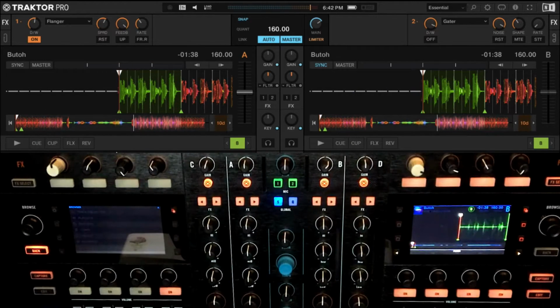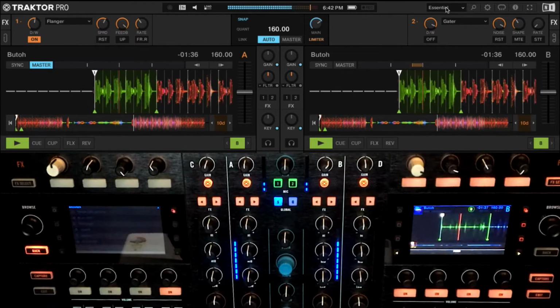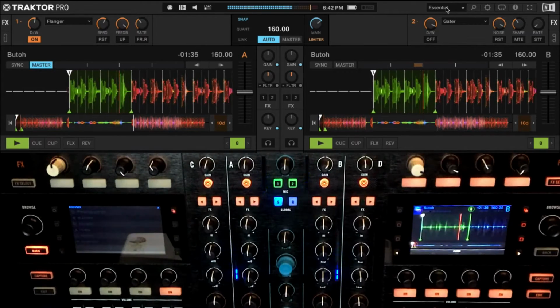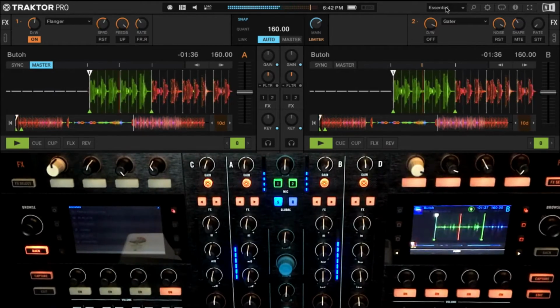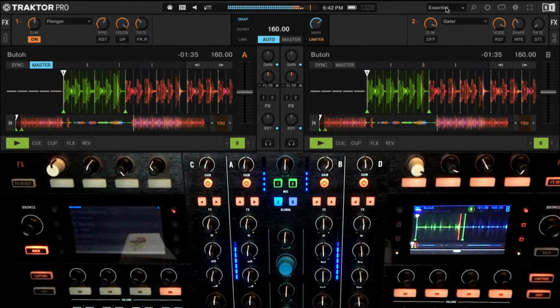Oops, this sync needs to be off for sure. Let's play both these tracks together. You can see they're slightly out of phase. I'm going to fix this phase a little bit, as I take it out of phase.